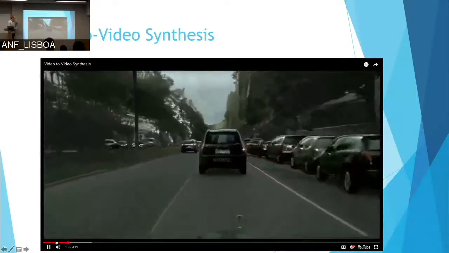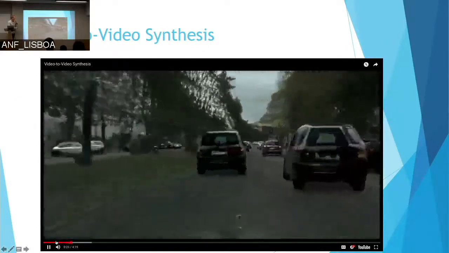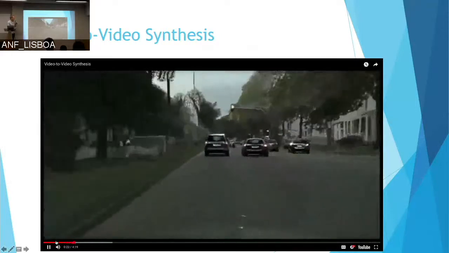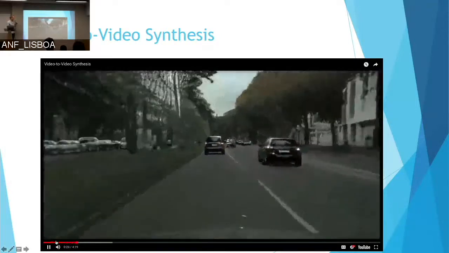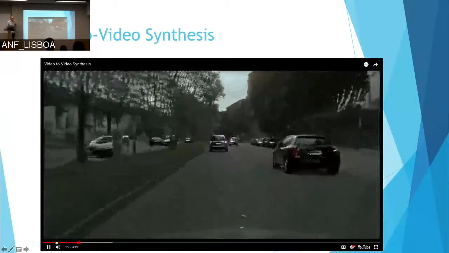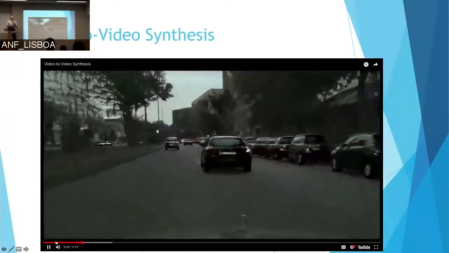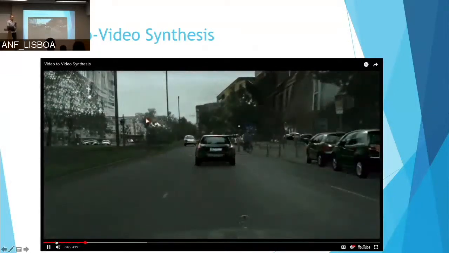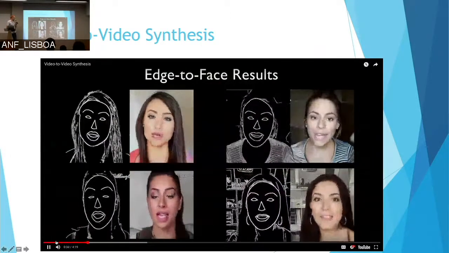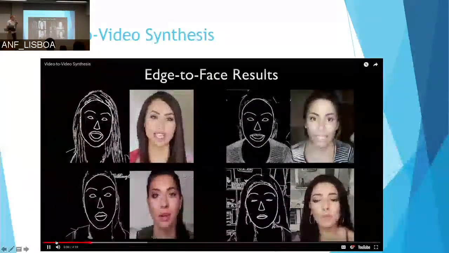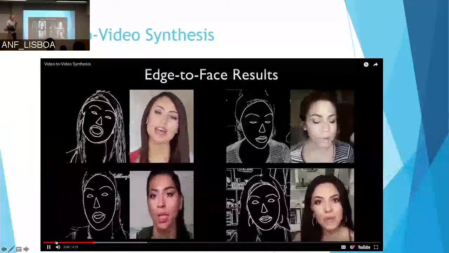If you look here, you can see that the texture does look quite weird, they don't look like real trees. But pretty amazing that you can generate stuff like that. And I think one of the features of this work is that it's high resolution imagery as well. Here, they've just used the boundaries of faces to generate those facial images.